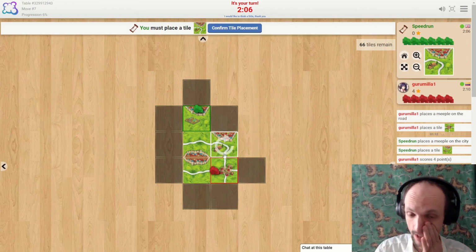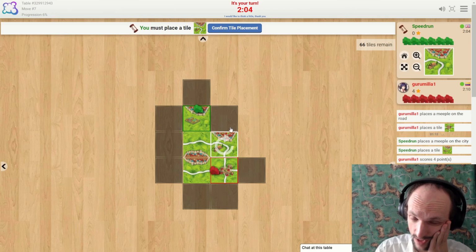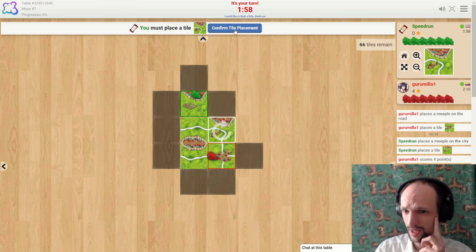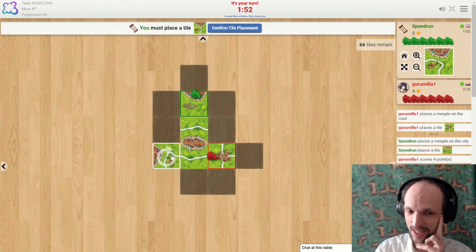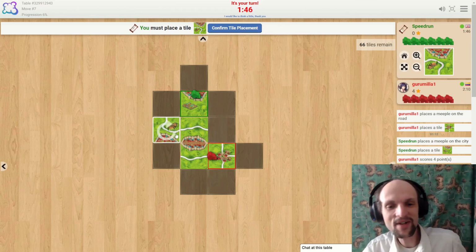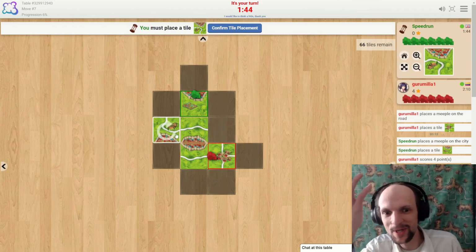I could take a road, actually, just a 3-point road, leave an empty city cap. This is weak. This is really weak. This is a bit... No, this is bad. Hey, what do we do? I've never had this opening before. What do we do? Like,